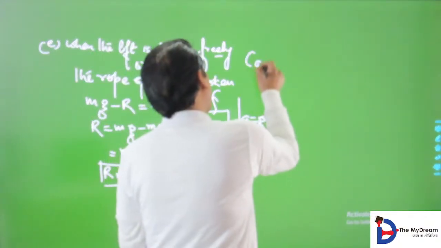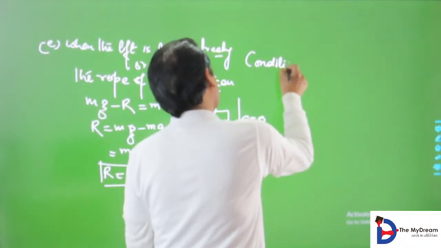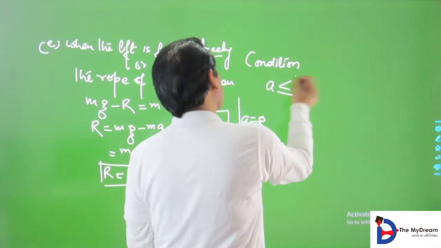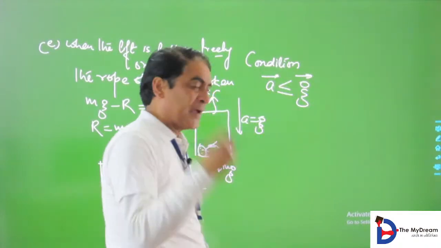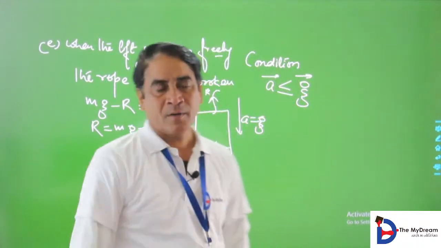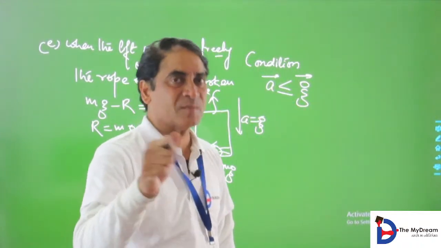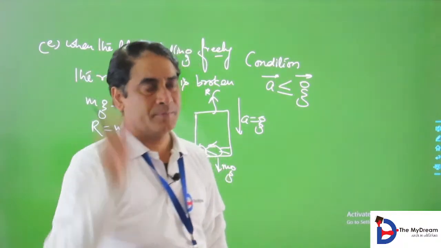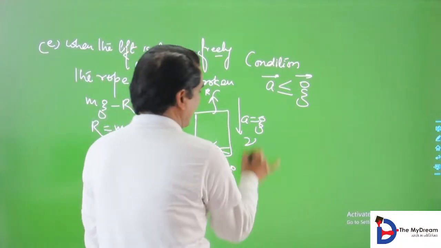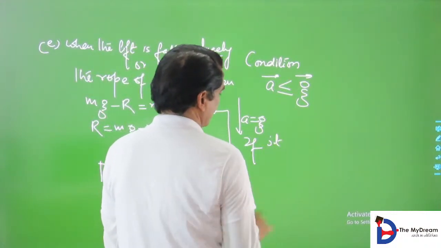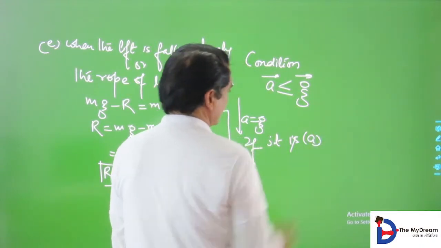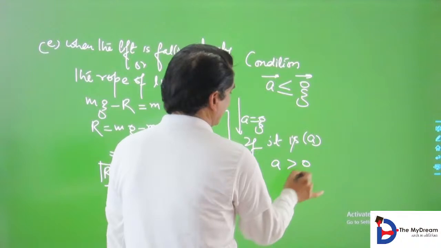The condition is: a is lesser than or equal to g. The magnitude of the acceleration possessed by that lift is always lesser than small g or equal to g. If a is greater than this,